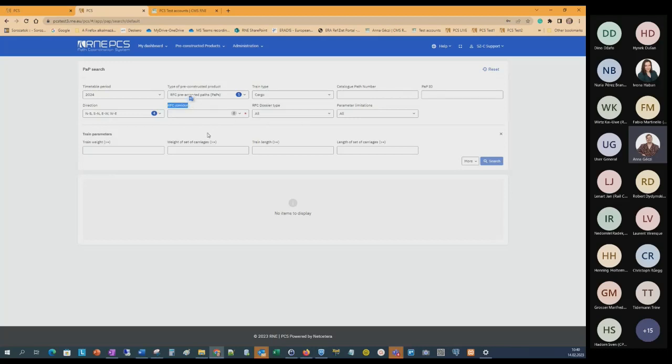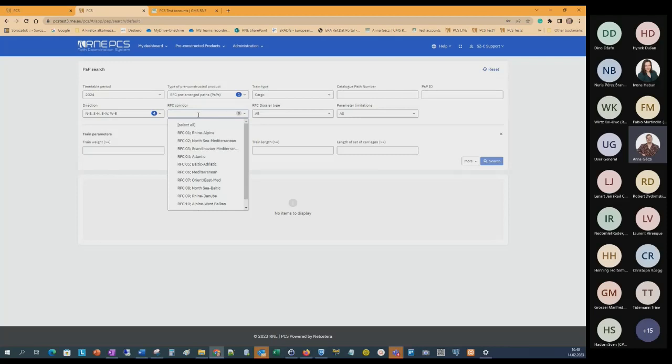Next field is going to be the RFC corridor. The RFC corridor also contains all of the corridors. So our corridors, until the beginning of January, they create and define their PaP import files. Then at the beginning, I think this is the 9th of January, they have the deadline to publish it. And after the deadline, once they have published into the system, they have also 2 weeks to do any corrections,